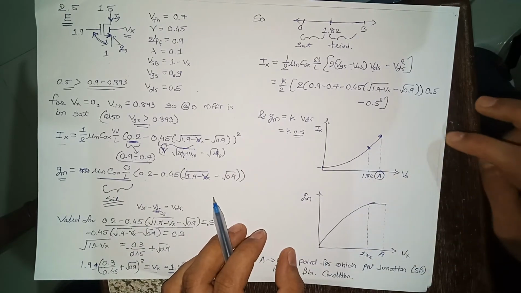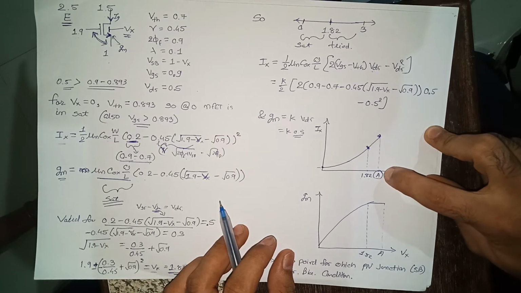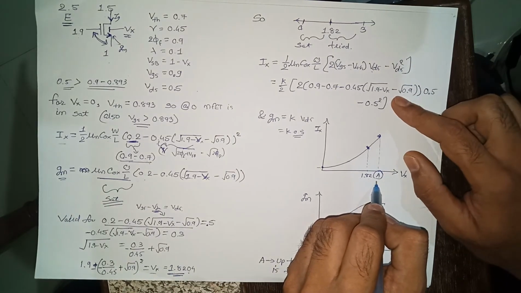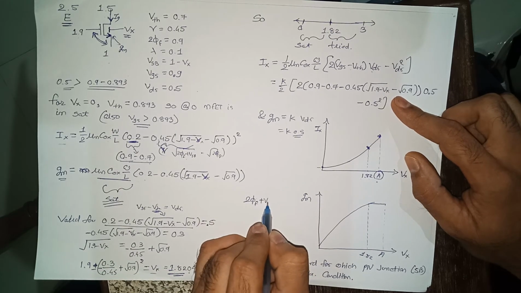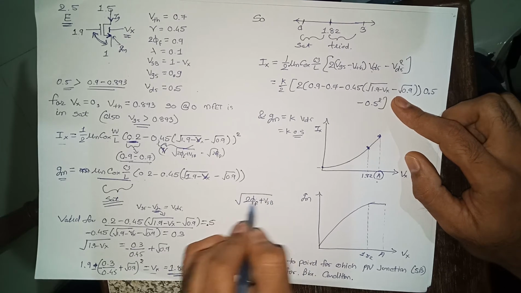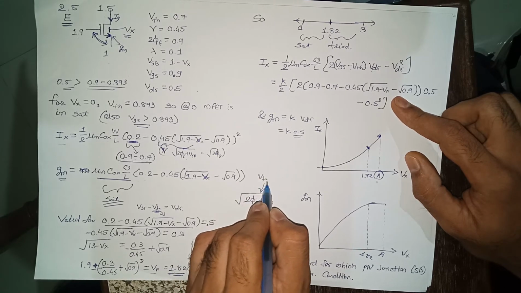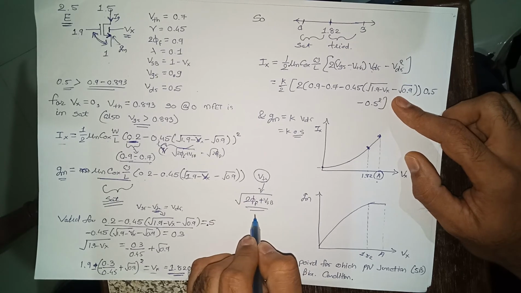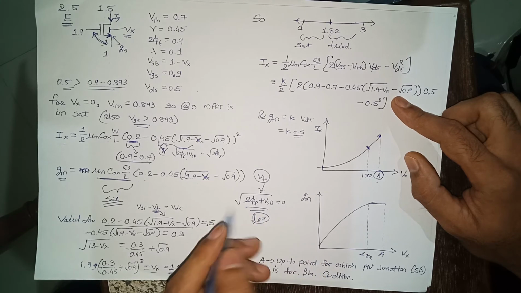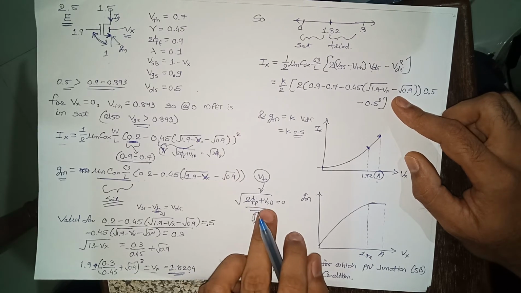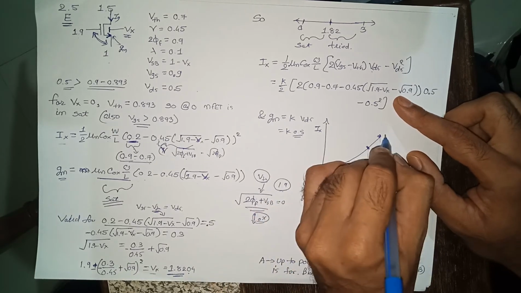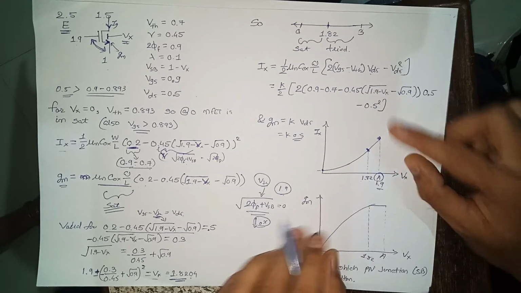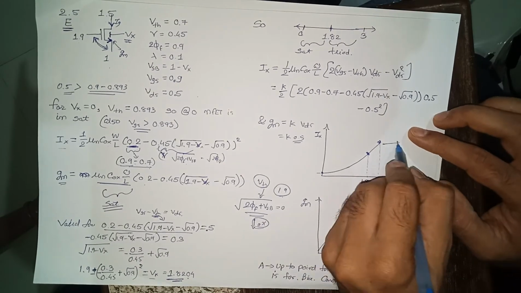There are two ways to find this. First of all, 2 Fermi potential plus VSB, this term in the equation of VTH should not be less than 0. So if it is equal to 0, you can find the value of Vx basically, and it will come 1.9. So this point A will be 1.9. Up to 1.9 only we can find it. After this we don't know what is happening.